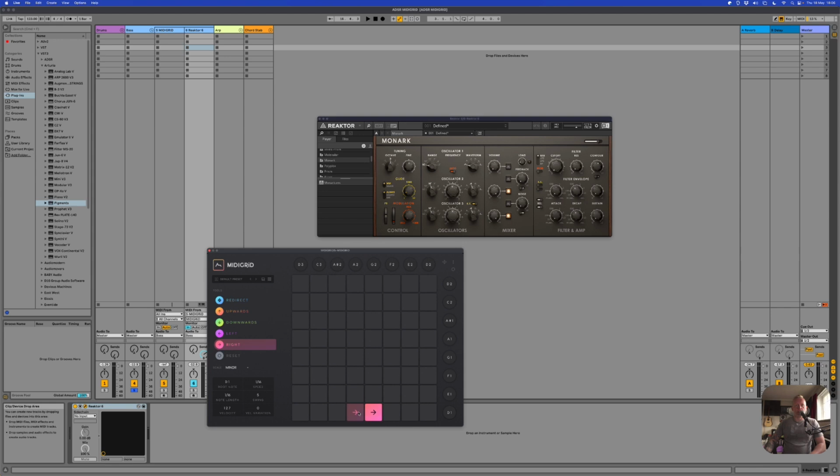The grid is currently set in terms of note length and speed to 16th notes. That means each one of these grid slots is equating to traveling at a 16th note. And obviously it'll play at the project tempo. So if we play that, you'll see exactly what I mean. Now what you'll notice here straight away, even if I just put the click in,